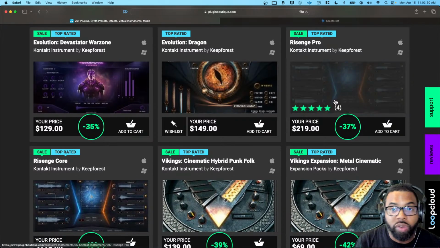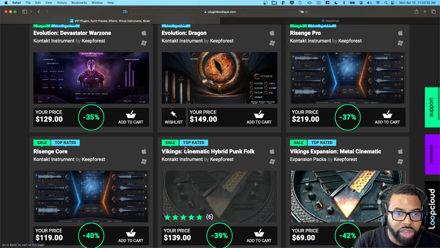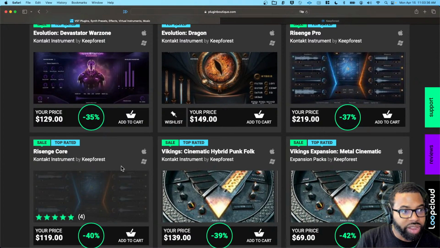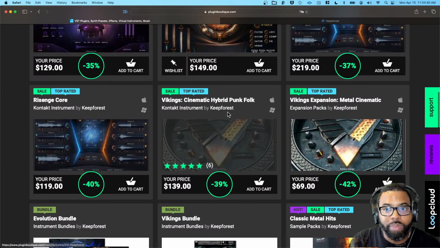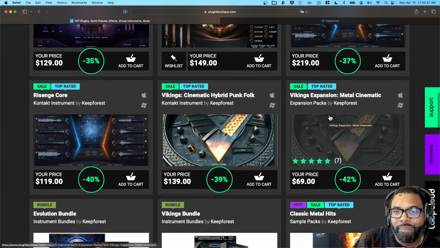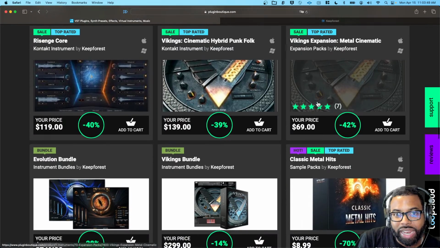Some things I don't have. I don't have Ryzenj, but you can see how that is very akin to Aizer X. So you can see once you learn one of these plugins, you pretty much know the aesthetic for their plugins. I don't have Hybrid Punk Folk. I did consider purchasing this a while ago. I just didn't make the purchase, but Metal Cinematic, a lot like I said, some of these are